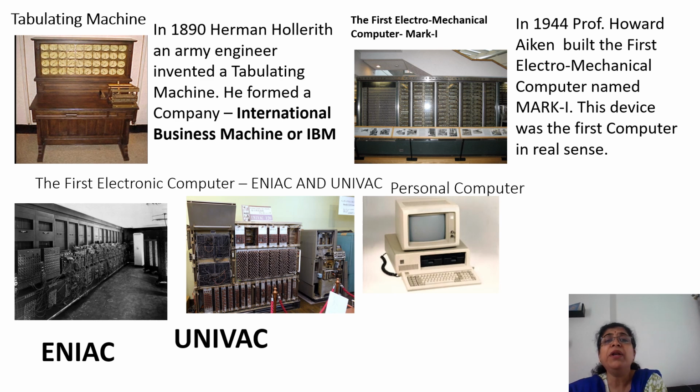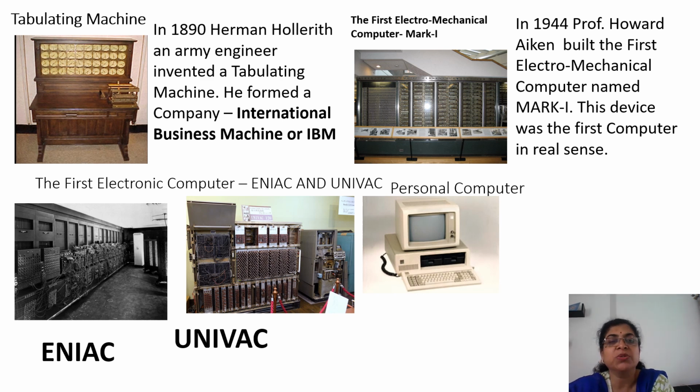Now after that, the tabulating machine: in 1890, Hermann Hollerith, an army engineer, invented a tabulating machine to do calculations. He formed a company, International Business Machine, which is called IBM. The first electromechanical computer, Mark I, was introduced by Howard Aiken. This device was the first computer in the real sense which can do arithmetic operations as well as the